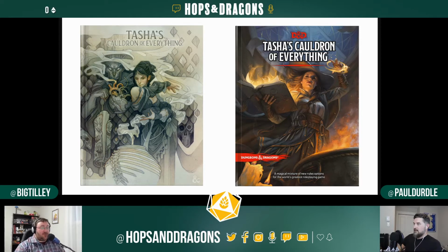Before we get into the meat, who's Tasha? So Tasha is based off of a kid who actually drew in crayon a little letter to Gary Gygax way back in the day. And he used that name Tasha to create Tasha's Hideous Laughter, which is a spell that's been in D&D since the first edition. And it's actually kind of a little dark, however, because the character Tasha in D&D is actually a pseudonym for